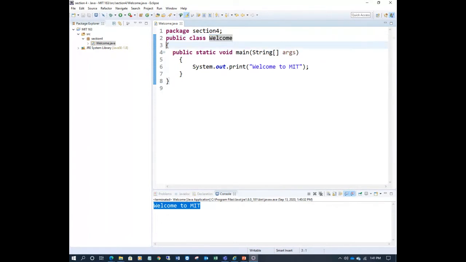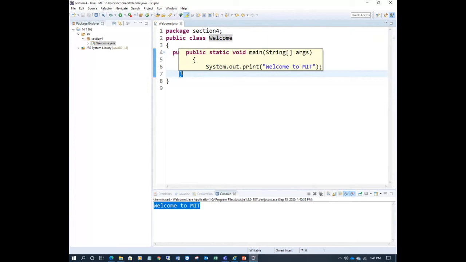Anyway, next, this is opening and closing. A class must open and must close. In this class there is another group, another block. This is the main block, the main method, which also opens and closes. This is called a curly brace, an opening brace, used to specify a block of statements.